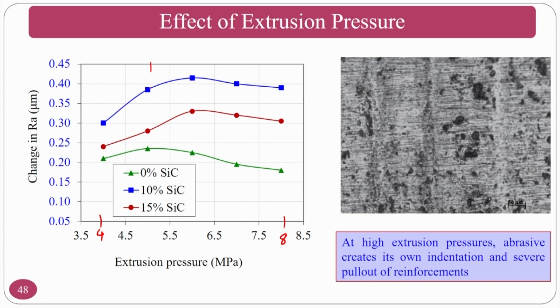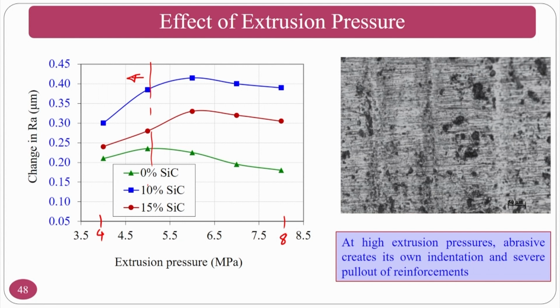Later on you can do some of the experiments. If I use less than 4 megapascal for my setup, whatever setup was developed, it cannot extrude. That means the finishing is not going to take place. If I put 4, now the medium starts flowing. So, this is the region where the medium starts flowing and your forces are slightly less to do the surface roughness change.